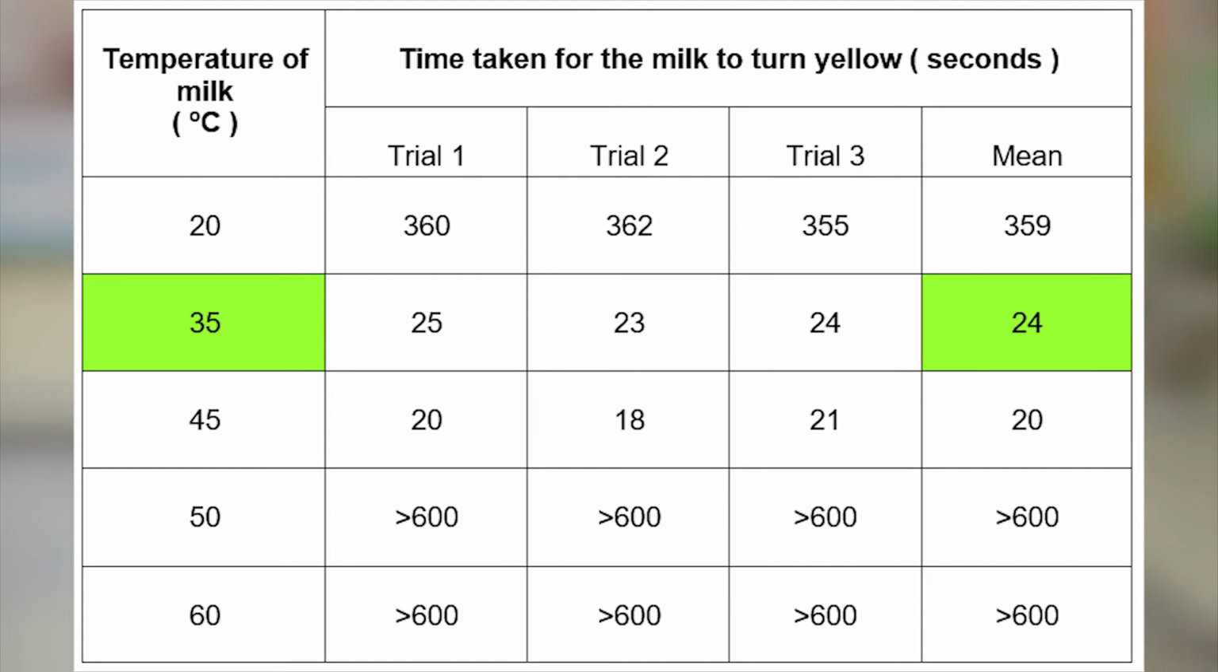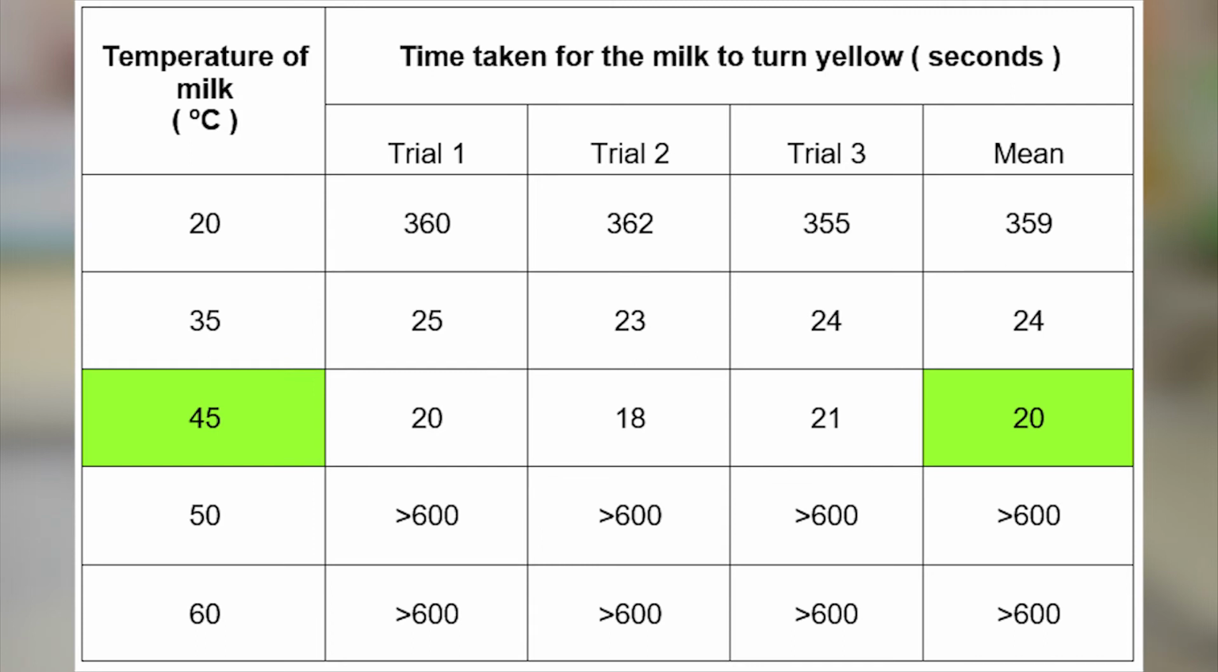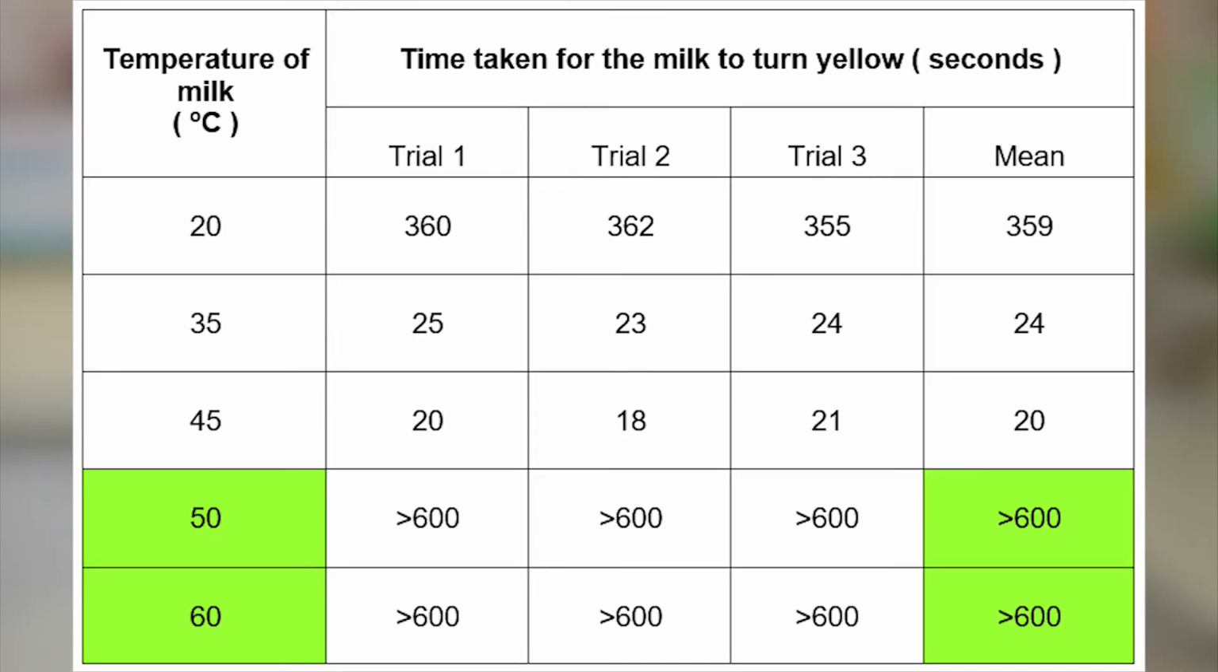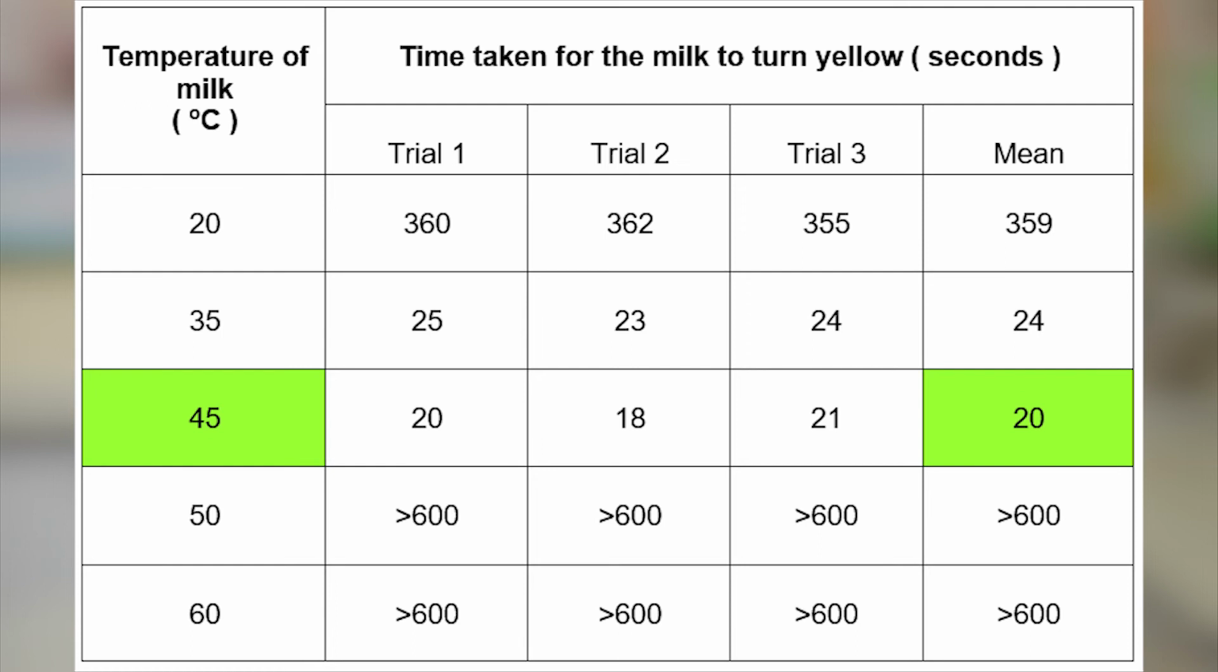And at 45 degrees Celsius, it took 20 seconds. This shows that the reaction was much slower at 20 degrees Celsius, and that's because the lipase works slowly at low temperatures. Now, at higher temperatures, such as 50 and 60 degrees Celsius, the reaction has slowed down or possibly has stopped, as the milk did not change in colour even after 5 minutes, indicating that the enzyme has denatured. We can see that the reaction is at its fastest at 45 degrees Celsius, because this is approximately the optimum